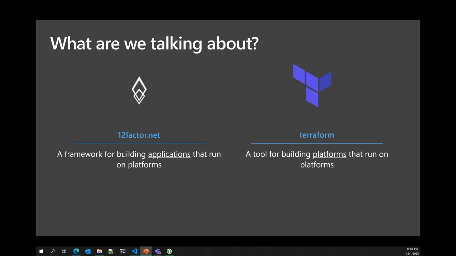The 12 factors are a framework that describes how to build applications that can run on platforms. The genesis of the 12 factors was about a decade ago. A company named Heroku launched one of the first application platforms in the cloud.